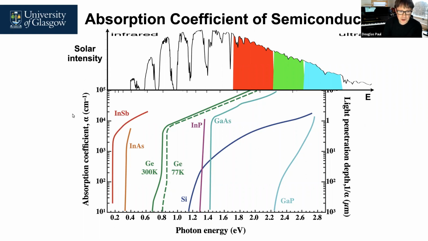Now here what I've plotted is the absorption coefficient. This is basically the 1 over e distance that an average photon will go into a material. And if we turn it around, this gives you the light penetration depth. So from this, we can basically work out how thick you need to make a material to absorb a certain number of photons. So this will determine how thick a material you require to absorb all the solar energy that impinges